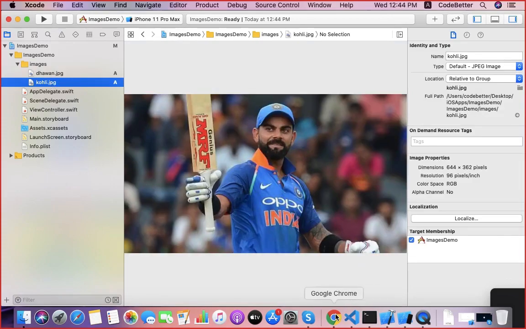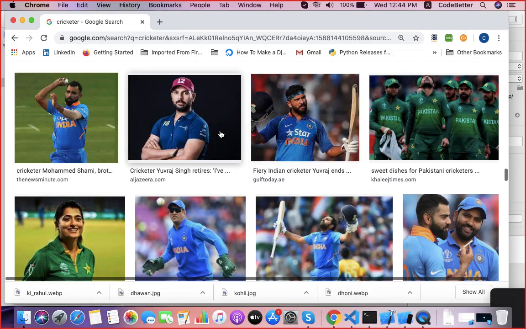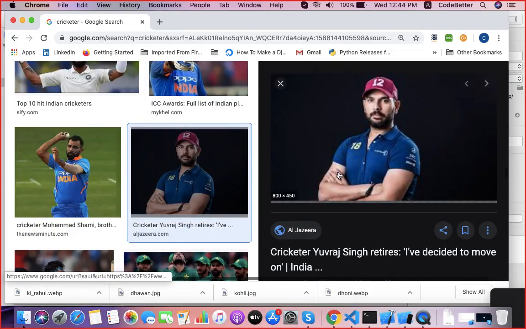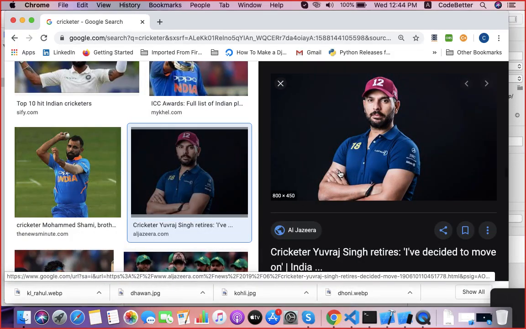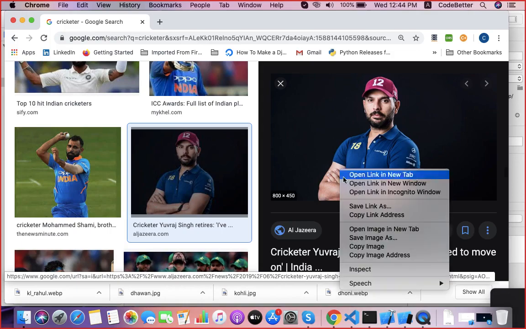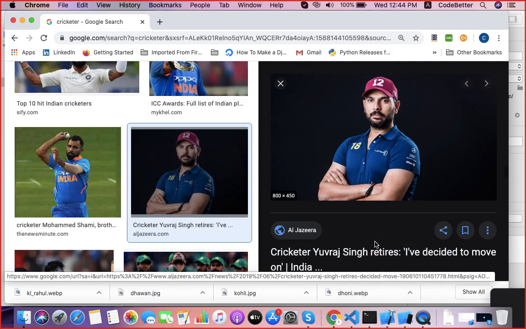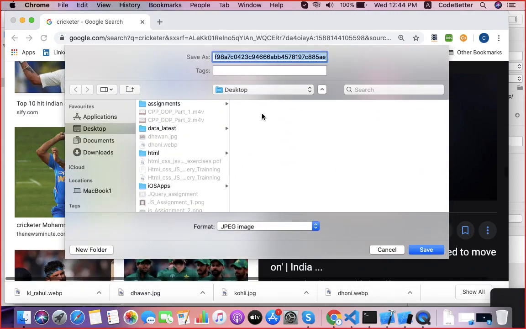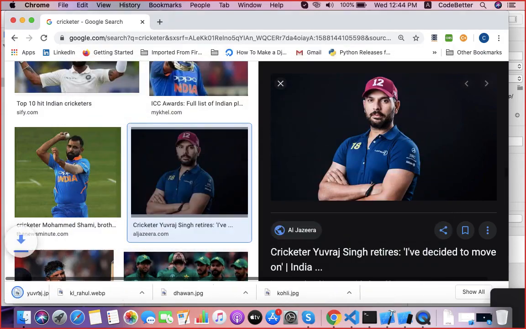Let's download one more image. This is the Yuvraj image, so you can save it. Let's add it to our project.